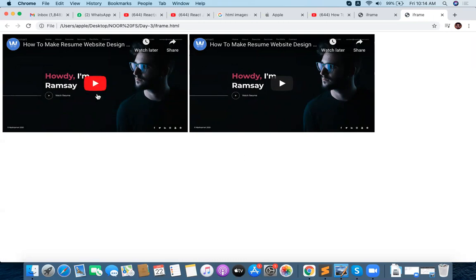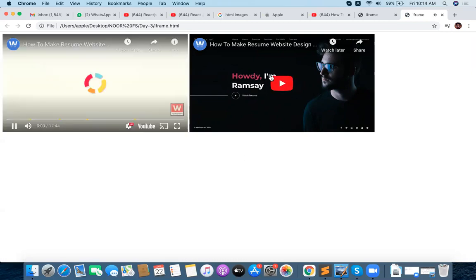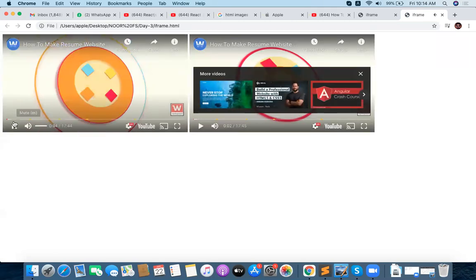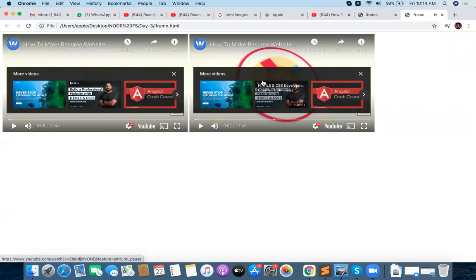This is playing separately for you, and this is playing separately for you. Loading any type of URL inside your root level page, internal browser content loading inside your main page, is actually called iframe.